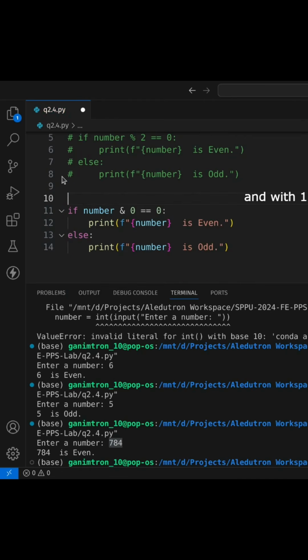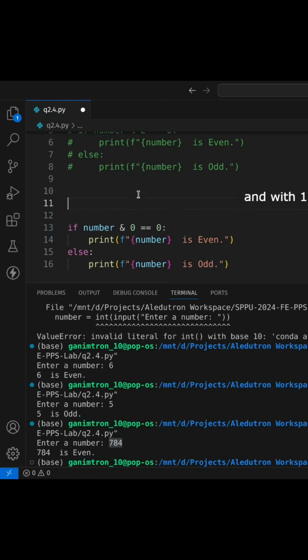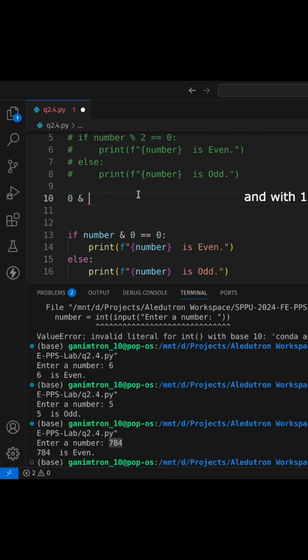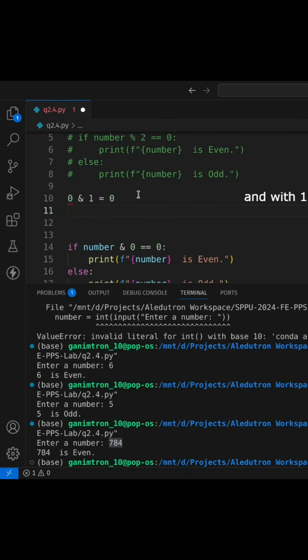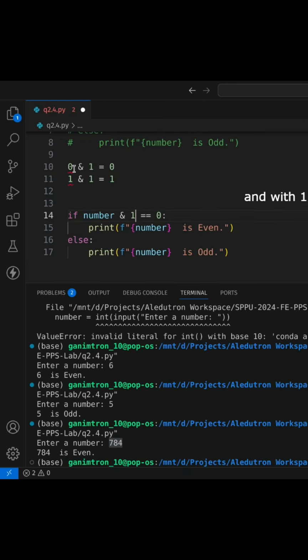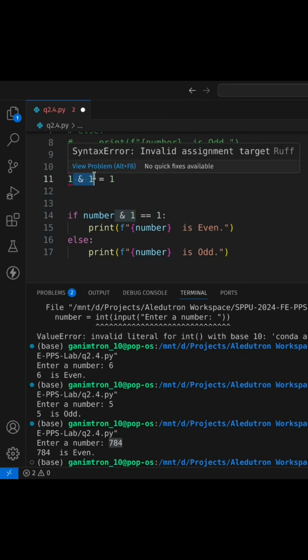So what we can do is use a bitwise AND operator. What would happen is if the last value is 0 and we AND it with 1, we get 0, which is basically even. If it is 1 and we do AND with 1, then it returns 1. So basically, okay, sorry, we need to do it with 1, my bad. So we need to AND with 1, and whenever we do this, it gives me either even or odd. So whenever it is odd, the number AND 1 gives 1.